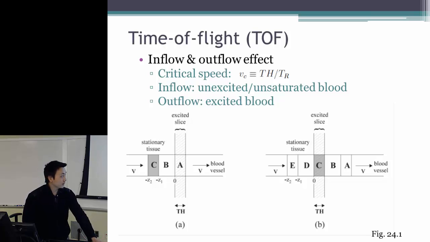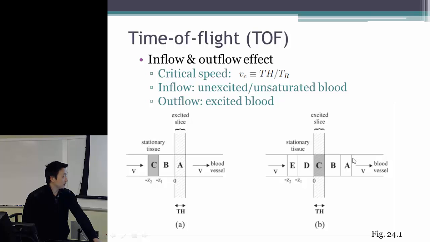So when we do the excitation, let's assume the RF pulse tipping is instantaneous. So that means when we do the excitation, we will excite the spins that are defined inside this slice profile. So we'll excite the blood that has just passed through the slice, and then after a while,